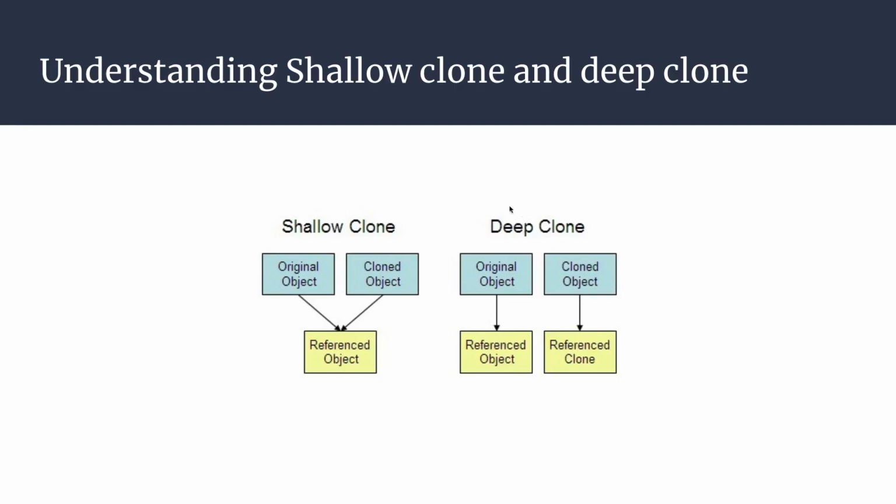In the same way, deep clone. If you see the deep clone, whenever there is a change in the original object, it will change only its own referenced object, but it will not affect your cloned object. So whenever there is a change in the original object, it will not change the clone. And when there is a change in the cloned object, it will not change the original object. So that is the difference between shallow clone and deep clone. Always prefer to use deep clone, because shallow clone may make your application behave in a different way, and it is a bit complex to find where we are using shallow clone and where we are using deep clone.